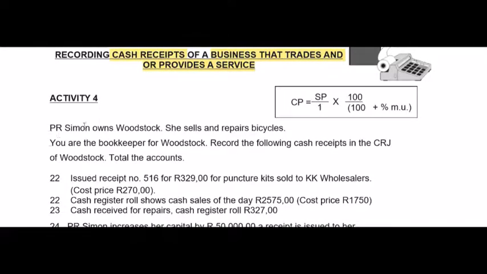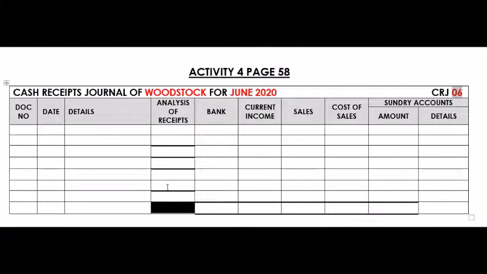says that P.R. Simon owns Woodstock. She sells and repairs bicycles. So the selling part refers to trading and the repairs part refers to rendering services. You are the bookkeeper for Woodstock and you need to record the following cash receipts in the CRJ of Woodstock and total the accounts. Okay, so the first thing that we always do is we go and give our cash